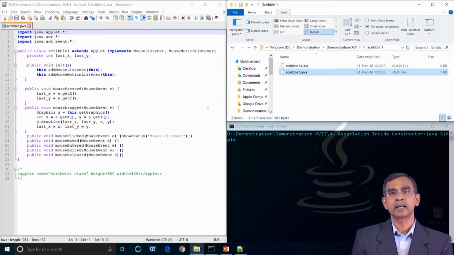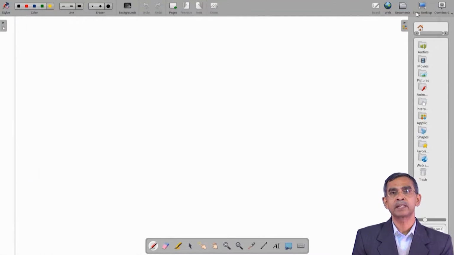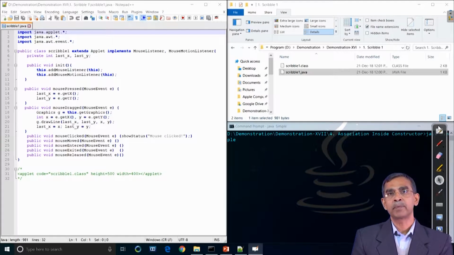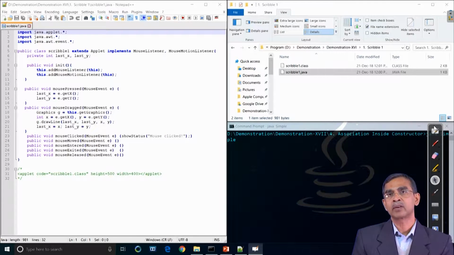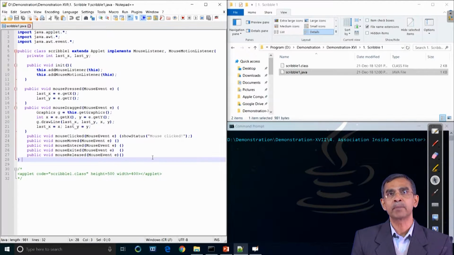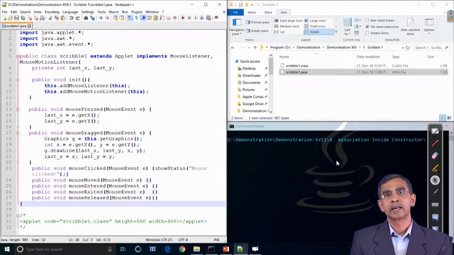This is regarding the design of a Scribble applet. As you know, a Scribble applet basically lets a user draw something on the applet, or on the container itself, either on the frame or on the applet. This Scribble example that we are going to discuss is the applet version. So, first we extend this program as an applet class, and then we add the event